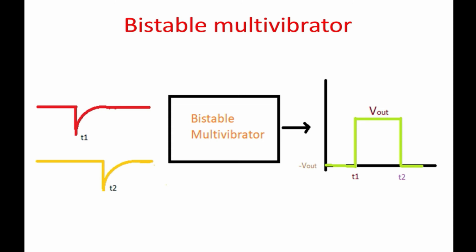Next mode is bistable mode. Bistable mode is a dual stable mode. If the condition is high, it will always stay high. If the condition is low, it will always stay low. You can see it in this graph. If we press the button, the output goes high and stays high indefinitely. If we press the other button, it goes low. If we don't press, it stays in the same state for infinite time. It is known as bistable mode because it is stable in both states, high and low.